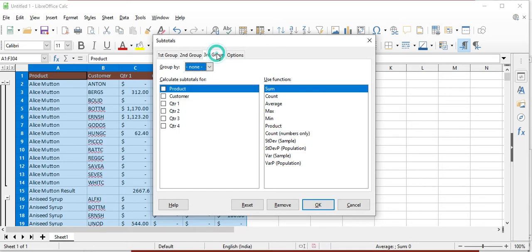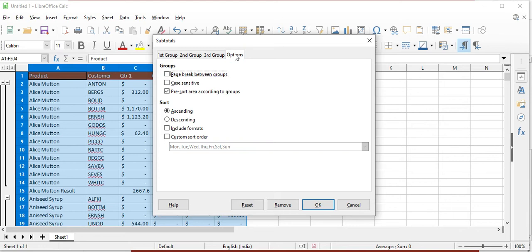Like that I can do more also. And in Options, if you use more than one group, you can also arrange the subtotals according to your choices. If you want ascending, descending, or a custom sort order, if you have any, you can select according to that. Click on OK.